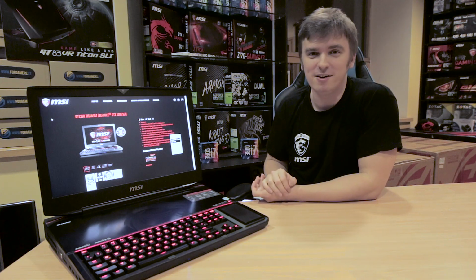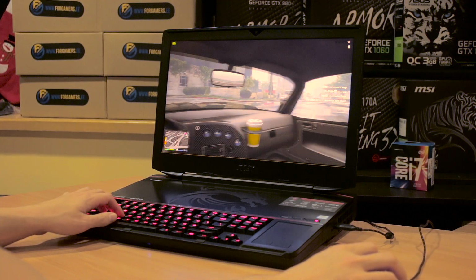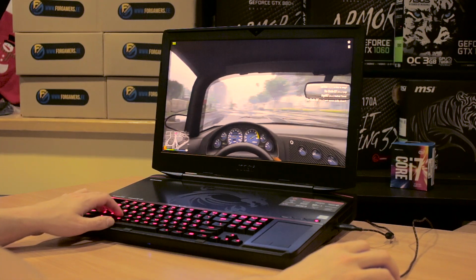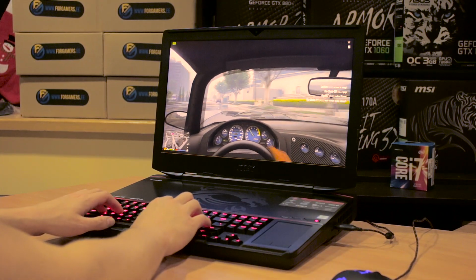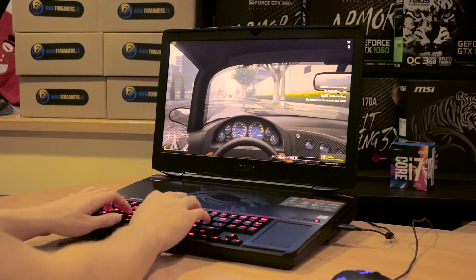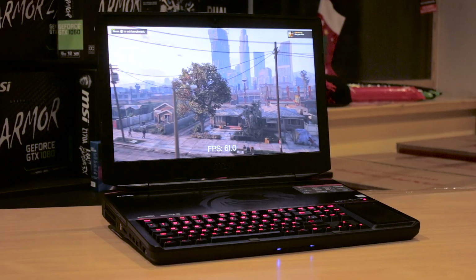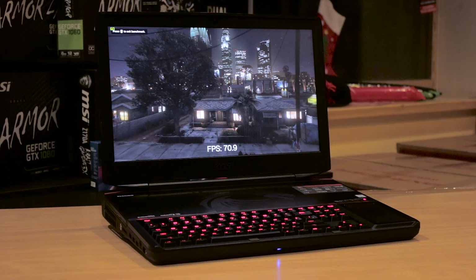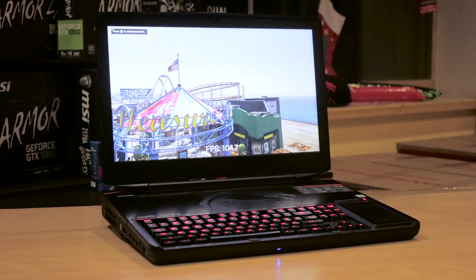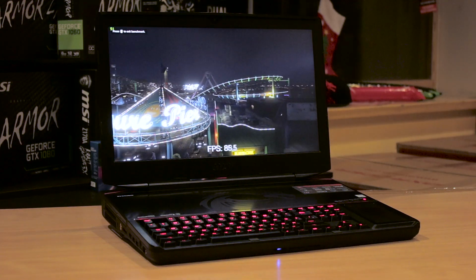Anyway, coming to the other specifications, the CPU, it has a Core i7-6920HQ, which runs at 2.9 GHz, but with turbo it can reach up to 3.8 GHz while gaming. It has 4 cores and 8 threads, so nothing like 6 and 12. Anyway, it also has 2 GTX 1080s in SLI with 8 gigs of GDDR5X memory. It also has 64 gigs of DDR4 running at 2400 MHz and